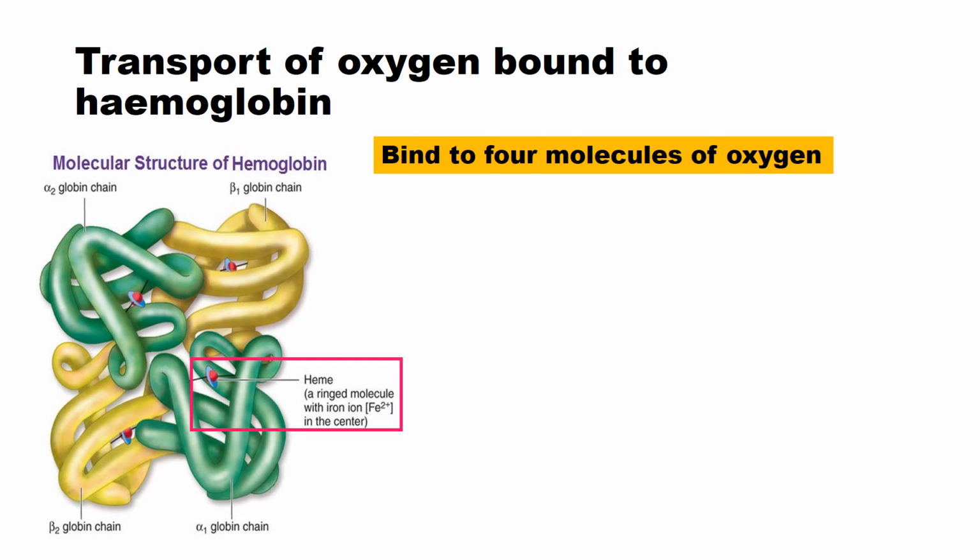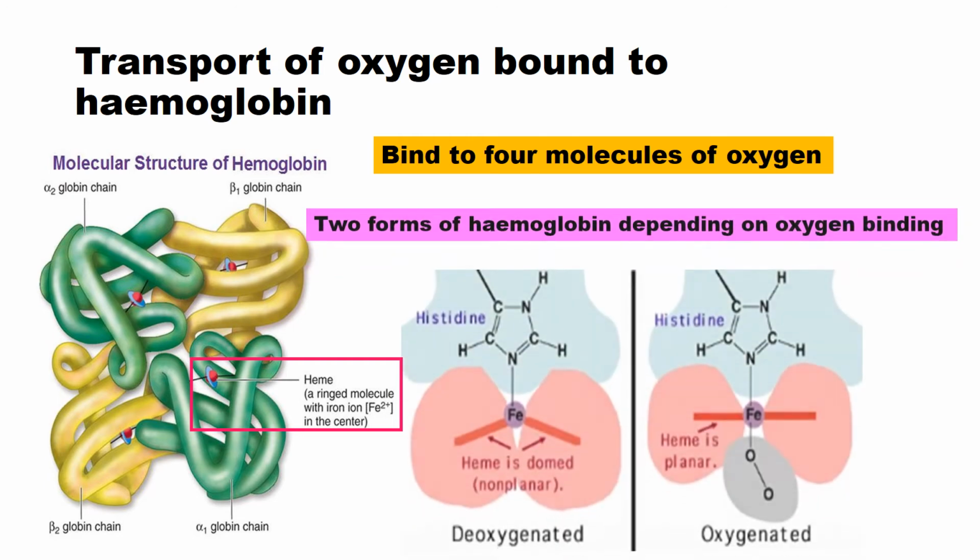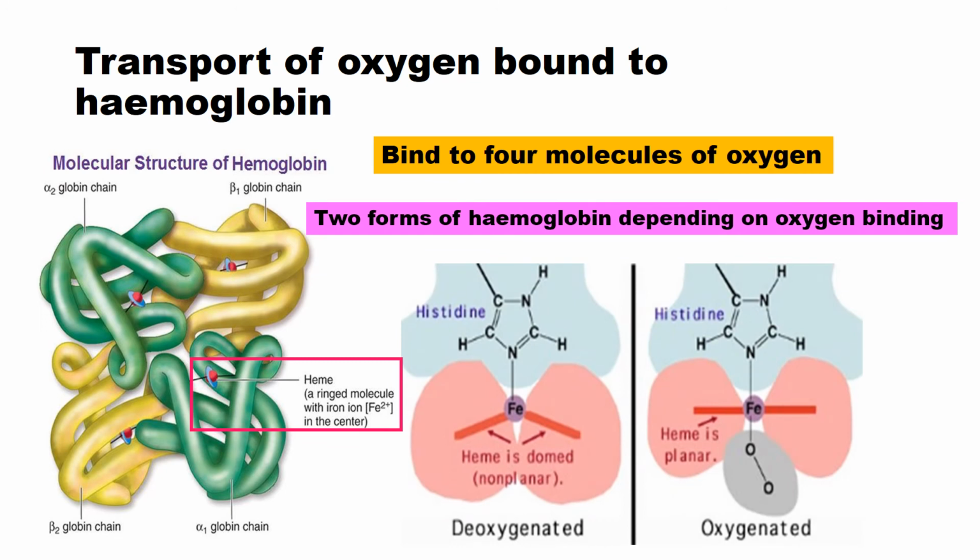Now this hemoglobin structure exists in 2 forms depending upon the oxygen binding. For example, in high partial pressure of oxygen, as can be seen in pulmonary capillaries, oxygen binds with hemoglobin and it exists in an oxygenated form. And when the oxygen partial pressure is low, as can be seen in the tissue capillaries, oxygen is released from the hemoglobin, and then we have the deoxygenated form of hemoglobin, as you can see here.